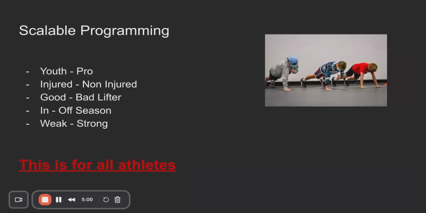This means if we have a structured program, a scalable program, we can take any athlete in any situation with any constraints they may have and allow them to train and have success, to allow them to actually get better at the sport that they're trying to do. Scalability is important from a mass standpoint. The more scalable, the more exercises, the more variables will allow us to train athletes better and have greater success